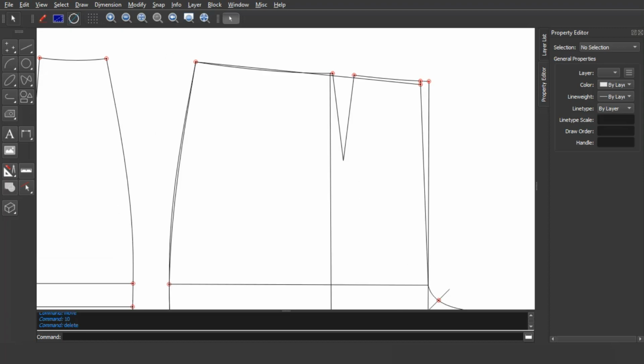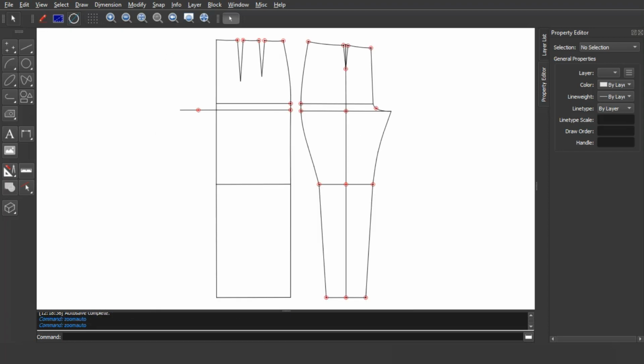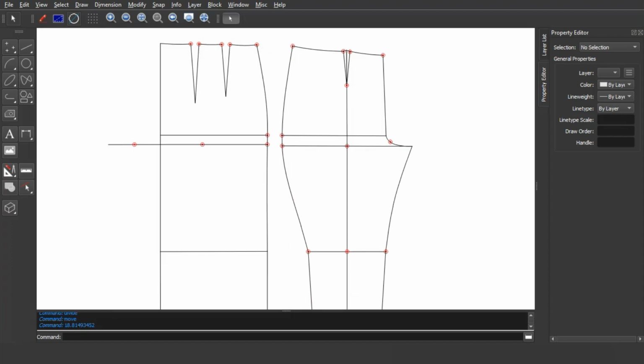To do all this, redraw the waistline using the new center front point, mark the dart length on the crease line, then mark half of the dart value on each side. Don't forget to subtract the 1 centimeter and connect with lines. Close the darts and redraw the waistline so that it's a smooth curve. We are done with the front.